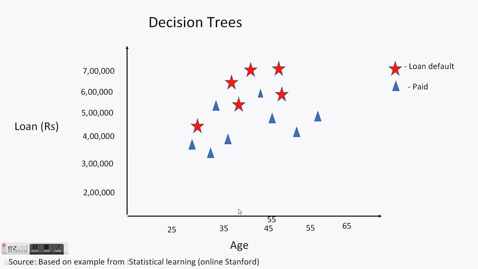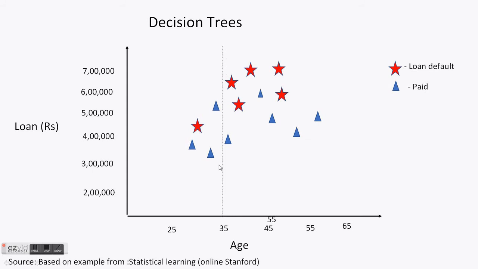So for example, let us assume we have this age and loan example which we saw before, and we want to classify this. We want to, let us say, stratify this particular data set. How will we do that? Here these red stars are your loan defaulters, and the blue triangles are paid. So for age and the amount of loan taken, it can be determined at which age and which loan amount they would default. So what the decision tree will do is, it will first